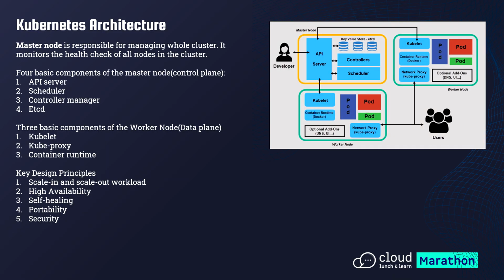So now we are going to see the architecture of Kubernetes. Kubernetes contains the API server, which is a centralized component with which all the cluster components communicate, like the scheduler, controller manager, and the other worker node components. Scheduler and controller manager request information from the API server before taking any action. The API server exposes the Kubernetes API.